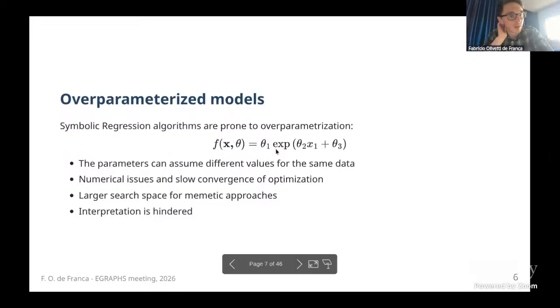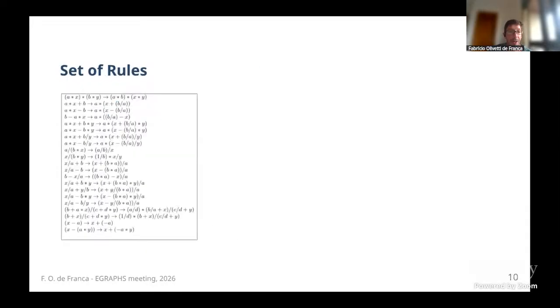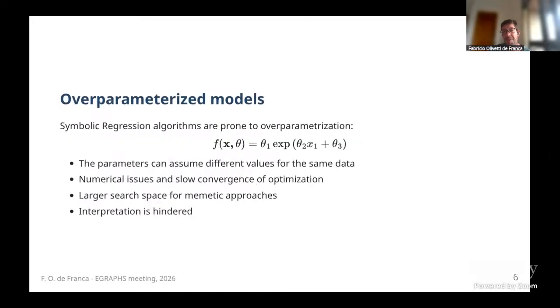I didn't really see. Maybe it's not here. Okay, I do remember now. This is an old paper, but supposedly, if we did have the rules of exponential of something plus something is the multiplication, and then the exponential of a constant can become a constant, we could do it. But in this paper specifically, due to the current constraints that we were facing with the application of equality saturation,